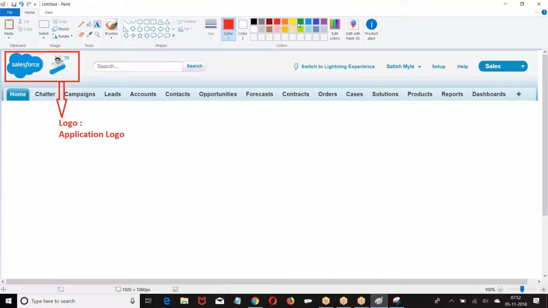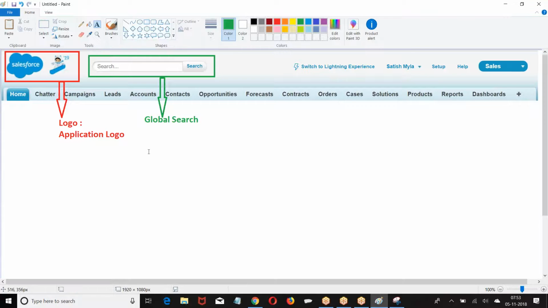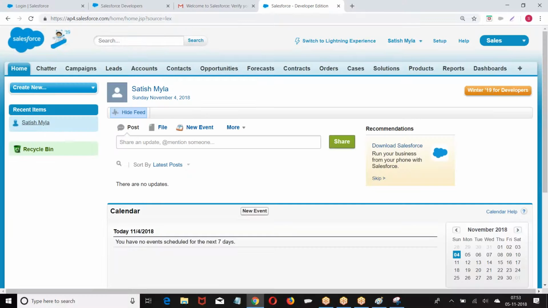Right. Then what we have, it is a global search. This is called a global search. What do you mean by a global search? Now, in this application, I have some data. I want to search for it.